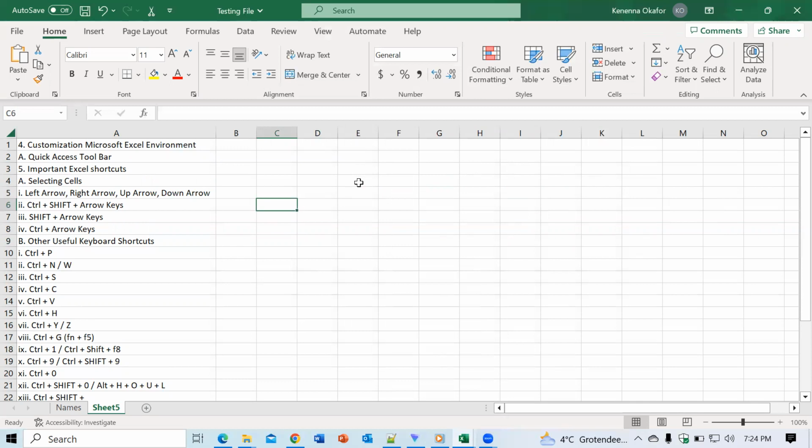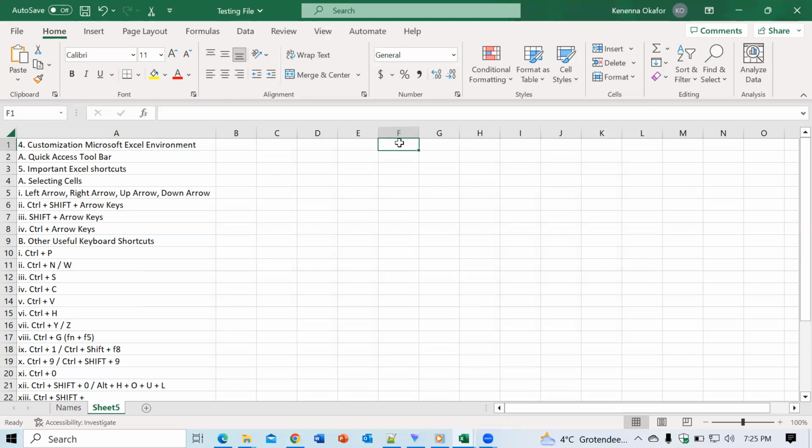Now, guys, it's also possible to go from one cell to the other by just clicking on the particular cell you need to activate. So if I need to activate cell F1, I'll just click on it, and that becomes the active cell simply by clicking on it. If you look at the address here in the name box, you have the F1 cell in use. So that's it, guys. If you don't want to use the arrow keys, just click on the cell. But I'm talking about